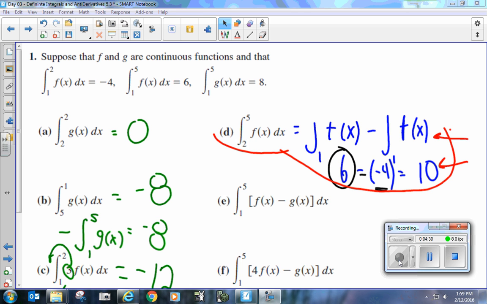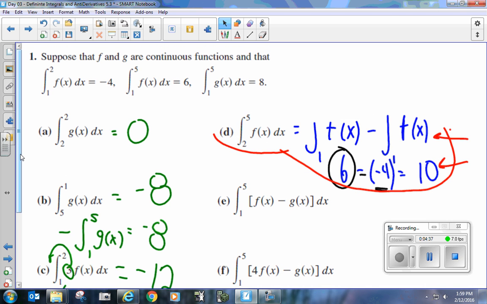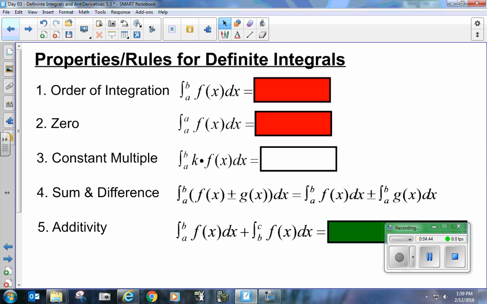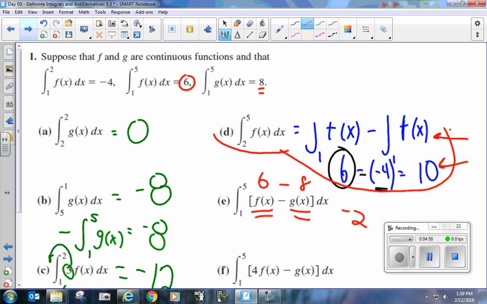What about E? What do I need to do for E? Yes. This rule is the same as our sum of difference rule. Okay? I can take it individually, so add or subtract. So I can take f of x from 5 to 1, which is 6, and I can subtract g of x from 5 to 1 still, which is, very good,